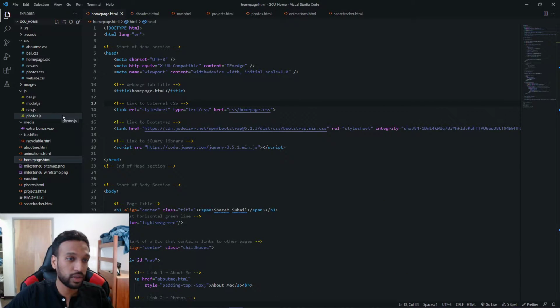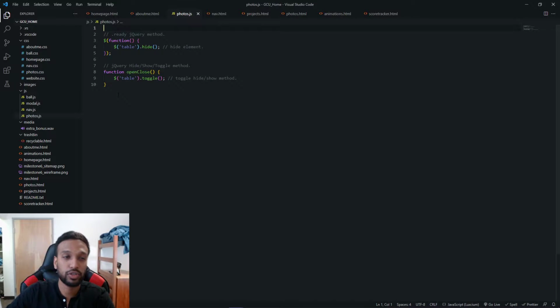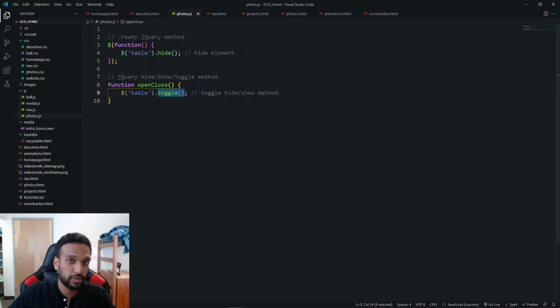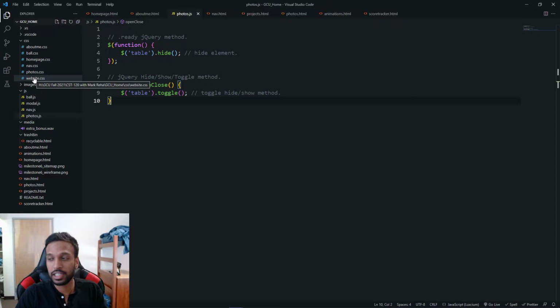I added a one photos JavaScript. And this is where the jQuery comes in. It does the ready function and it hides a table to begin with. But then there's a function for it called the open close, which toggles between hide and show. And that's the only JavaScript file I put in. It's pretty simple. I did a little bit of CSS styling, but because we were mostly using Bootstrap this time,